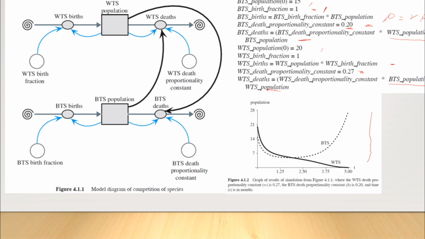And when you're doing that in your simulation, in the Vensim part, look at this part right here. Here we can look at the birth fraction, and the birth fraction matters to the rate of births, and the death fraction, the death proportionality constant here, right? Death,